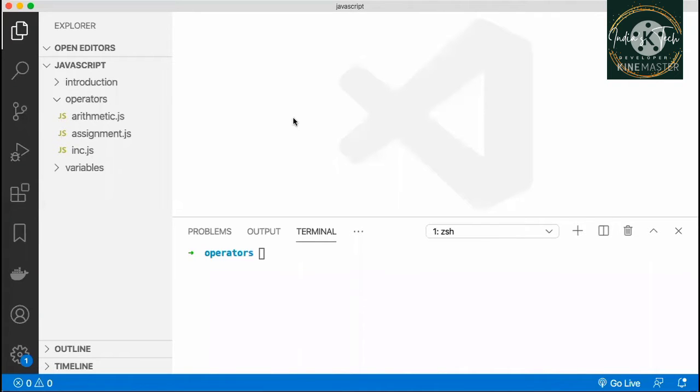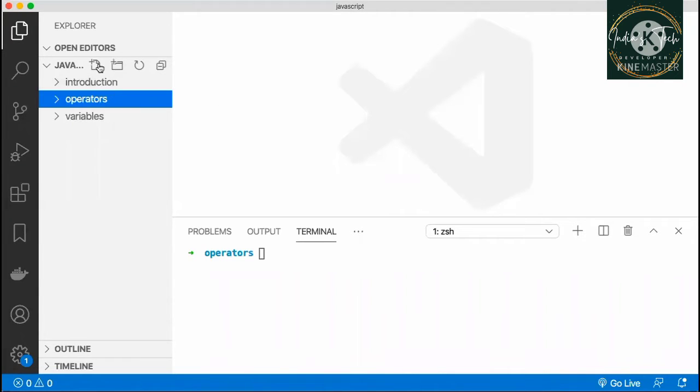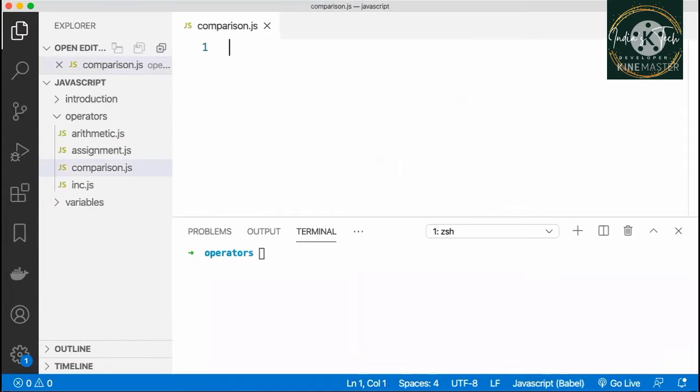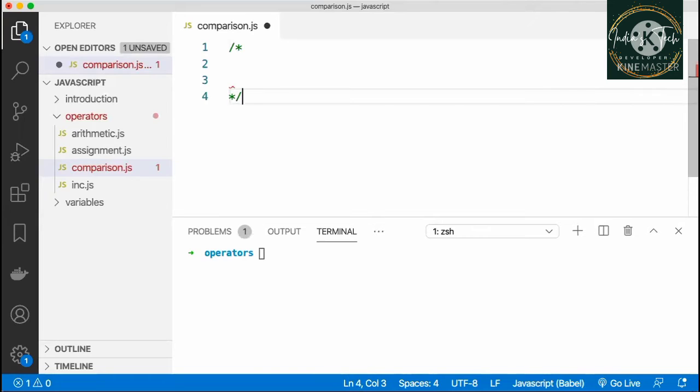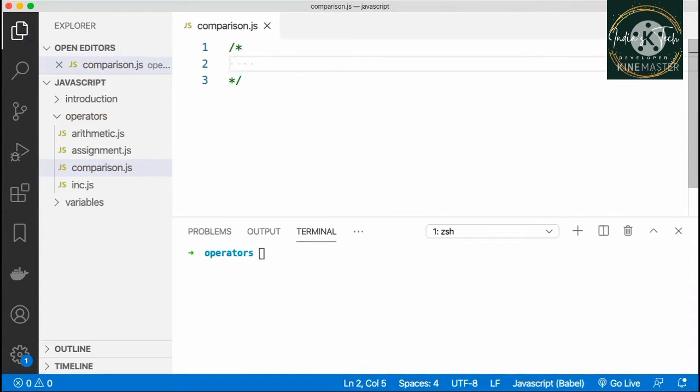In this video, we're going to be looking at the comparison operators available in JavaScript. Let us go ahead and create a new file. I'm going to call this comparison.js. Now, the different comparison operators available in JavaScript: you have an equality check to check whether two values